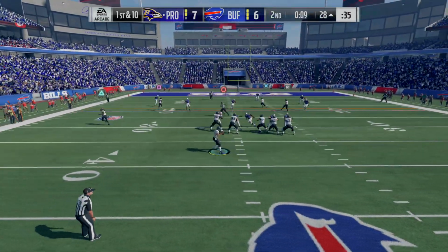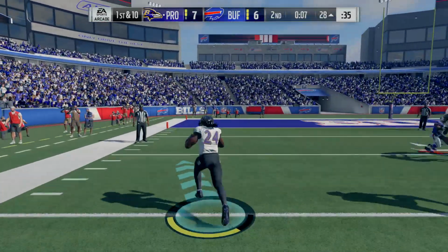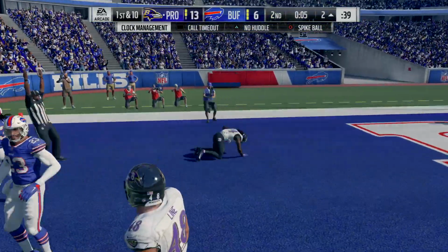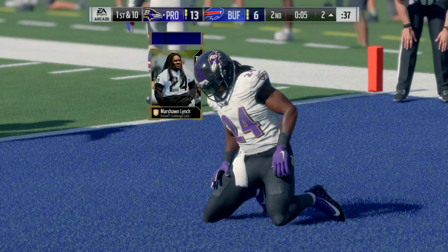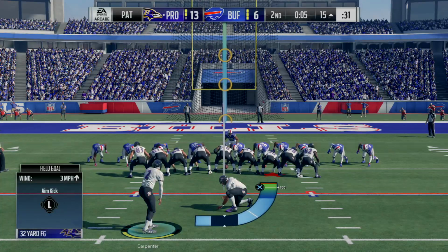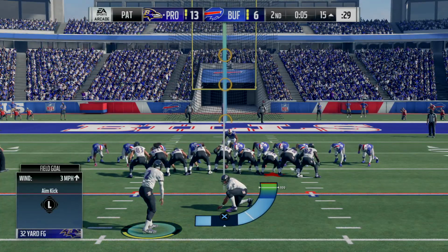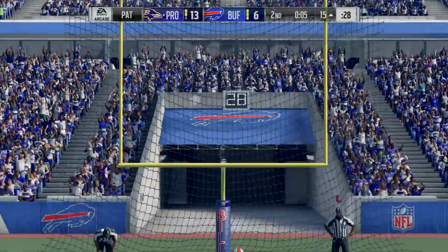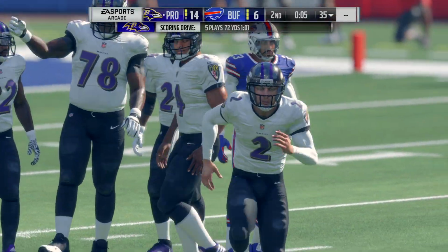A first down throw for Prescott. They dump it off to Lynch. And he is into the end zone for a Baltimore touchdown. Marshawn Lynch in the final seconds of the first half. And the Ravens will add on to their lead. And that's a lead that excites a team as they head into the half. Good way to finish things off. Yeah, able to extend that lead, and you always say